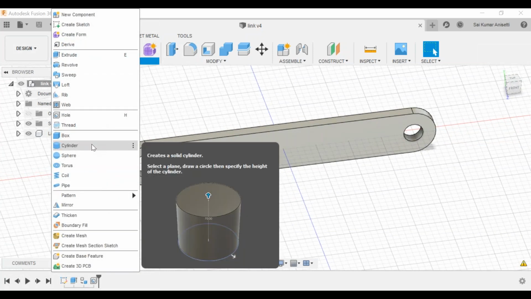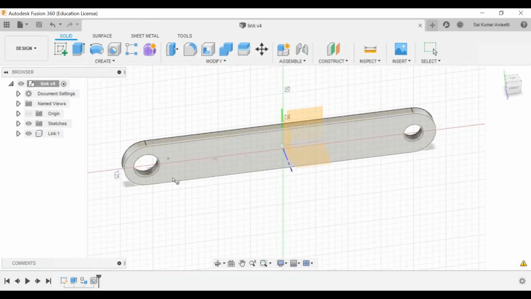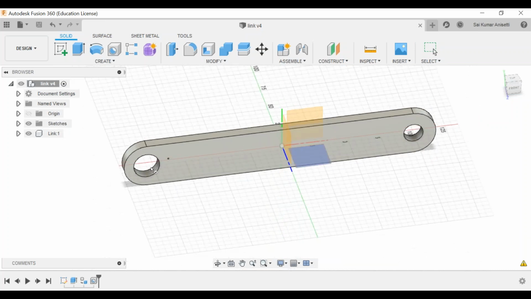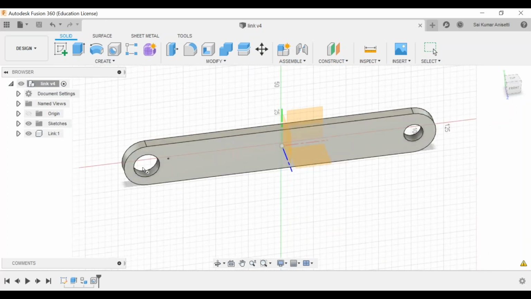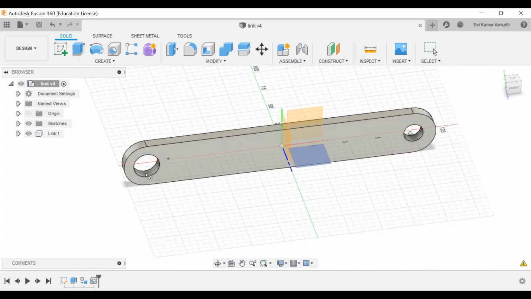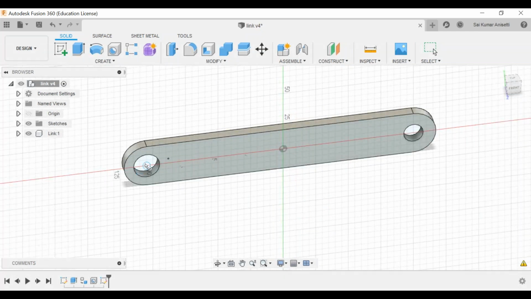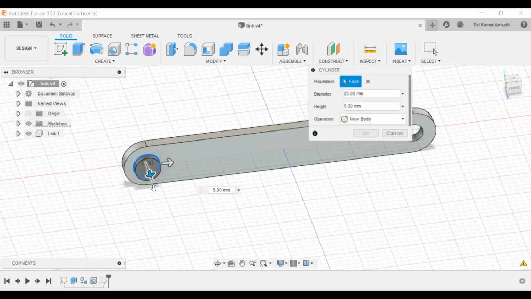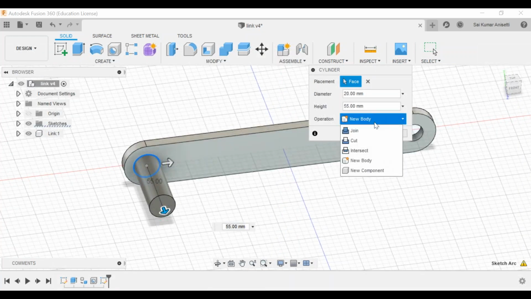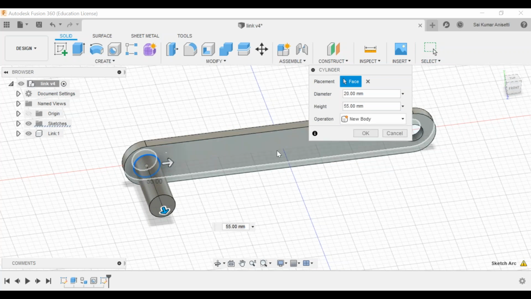So let me add a cylinder or else any sphere all around, onto this face, exactly at this place location. I'll just add another component, and I'll create this as a new body. Okay, I'll select one face height.